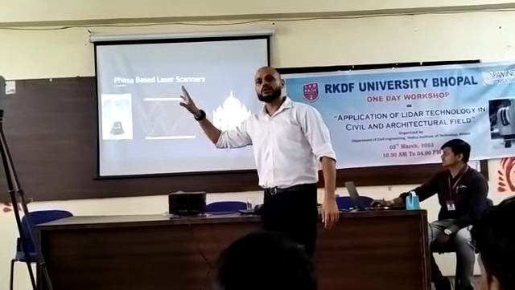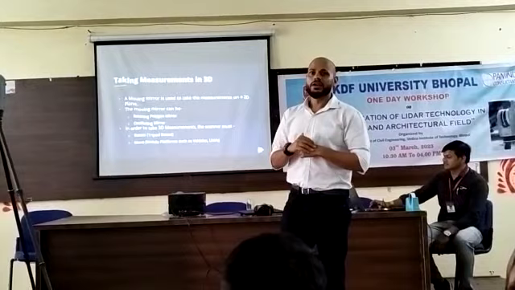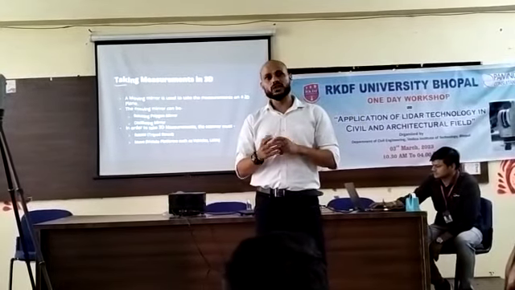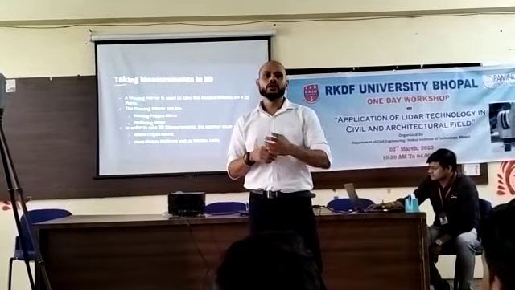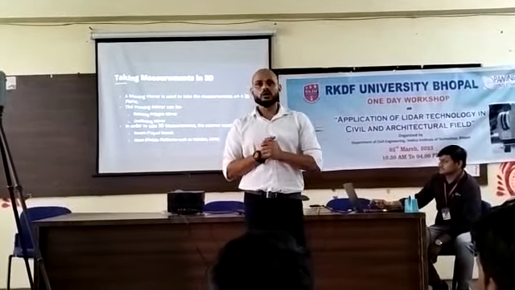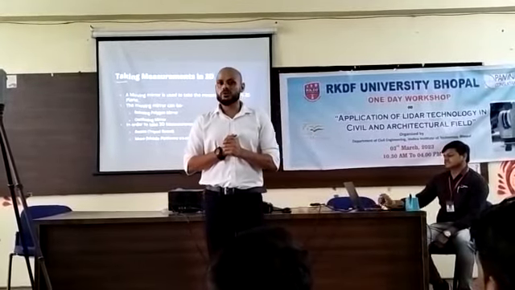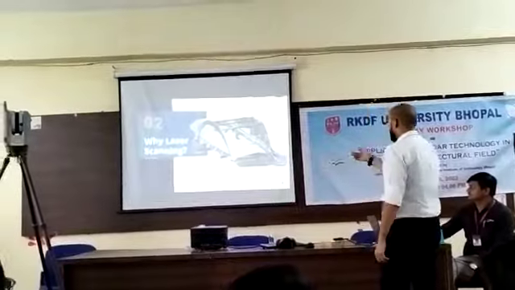These kind of radars are called terrestrial radars. Then there are third one, they are called aerial radar. Aerial radars are of two types. One is aerial, one is airborne. Airborne are the ones which are mounted onto an aircraft, and aerials are the ones which are mounted onto a drone. So there has been a really good implementation of airborne radar which we will come on to later. So now we